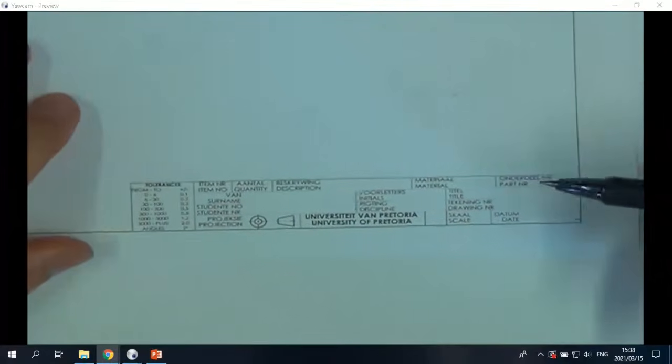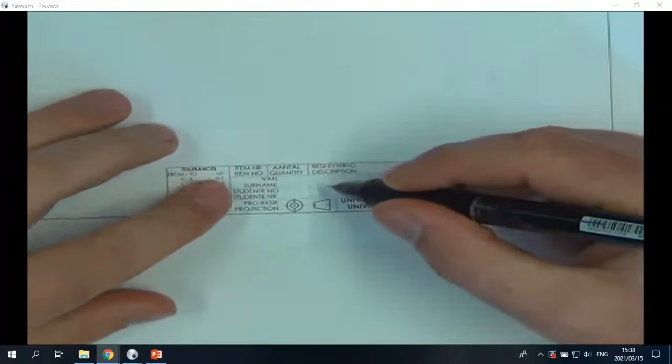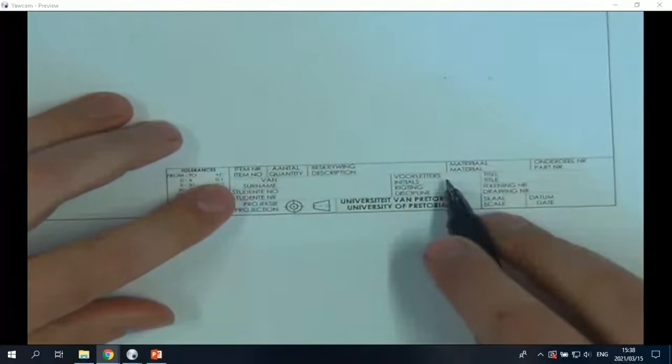Bottom right of your paper, you have the title block. Now, in this title block, you have to fill in your surname and your student number, initials, and study discipline, title, drawing number, and all of that. But